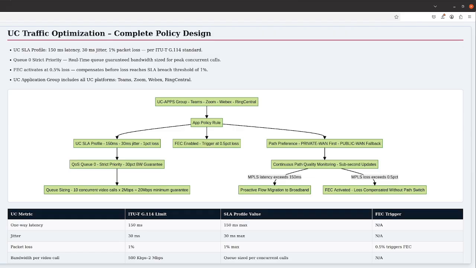Including all UC applications in a single group allows you to apply a consistent, stringent SLA profile to all of them with a single policy rule. The UC SLA profile should be configured with the most aggressive thresholds in your deployment. The